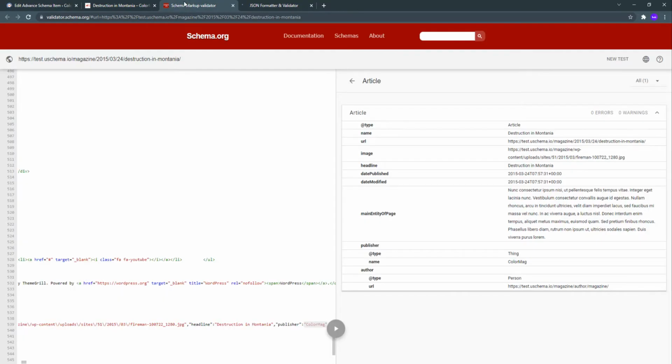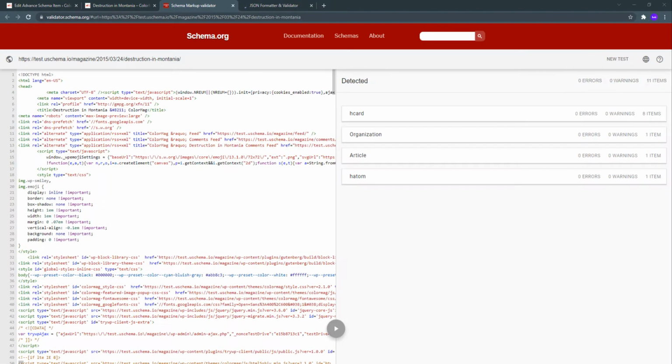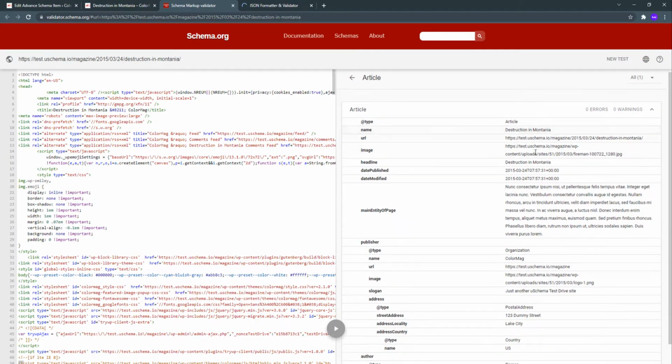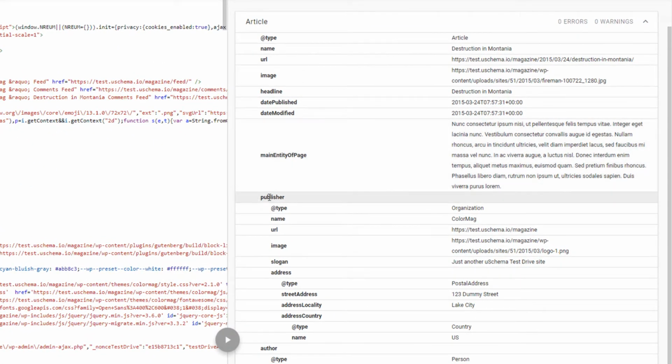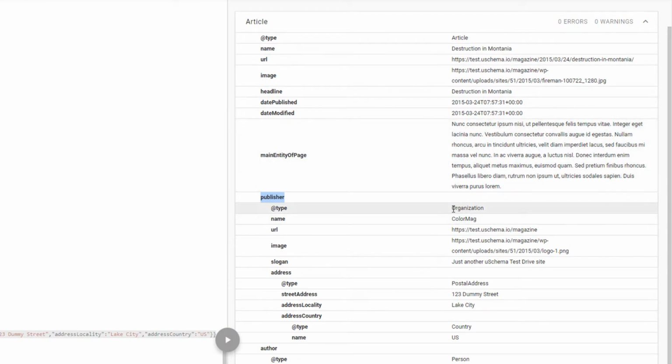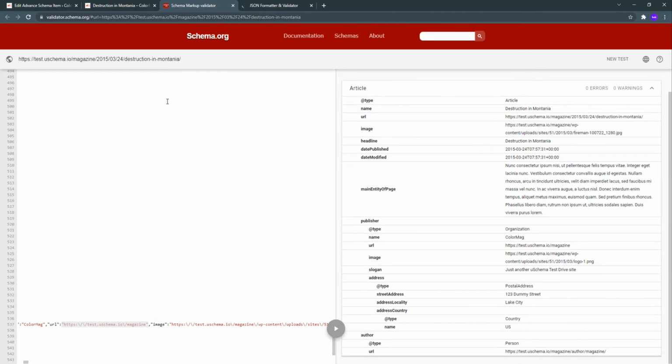let's update it and check once again our schema on the article page. Inside the article schema we have publisher, and inside publisher it has automatically added all of this information. That includes organization name, its URL, image, address and all of the things. And if I go to the organization schema in my advanced schema and add a couple more properties there, it will automatically update these publisher schema properties. So in this way you can create your schema in different pieces.